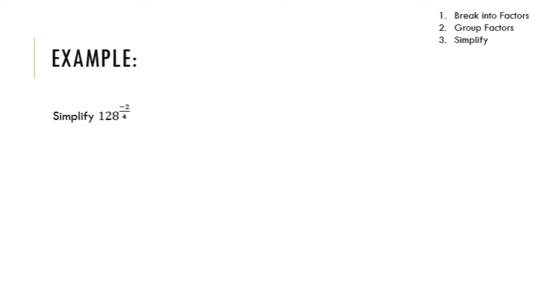Alright, now let's simplify 128 to the power of negative 2 over 4. If I was to rewrite this into something that looks familiar, I would be taking the fourth root of 128 to the negative 2, which means whatever factors I get for 128, it's like I double that. Before I do this, I could actually simplify